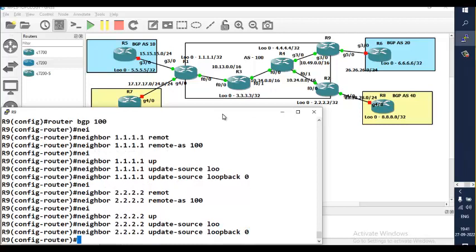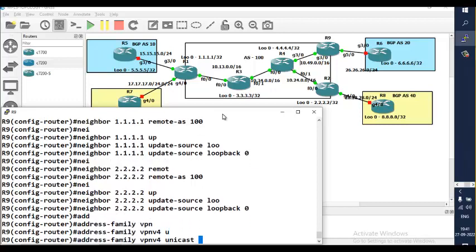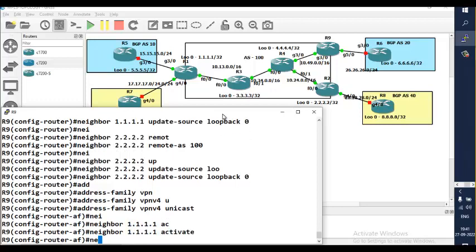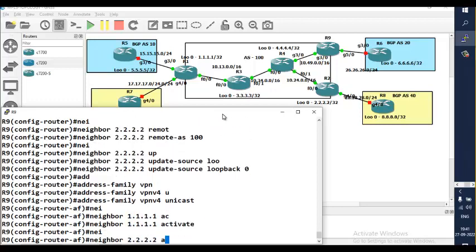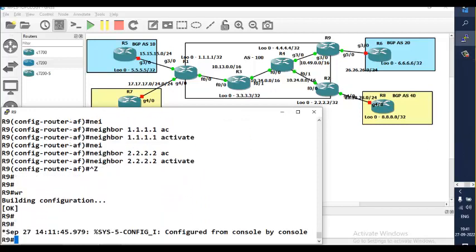Alright, then I'll go under address family VPNv4 unicast, neighbor 1.1.1.1 activate, neighbor 2.2.2.2 activate. That's all. Finish. Now I'll go to router 2